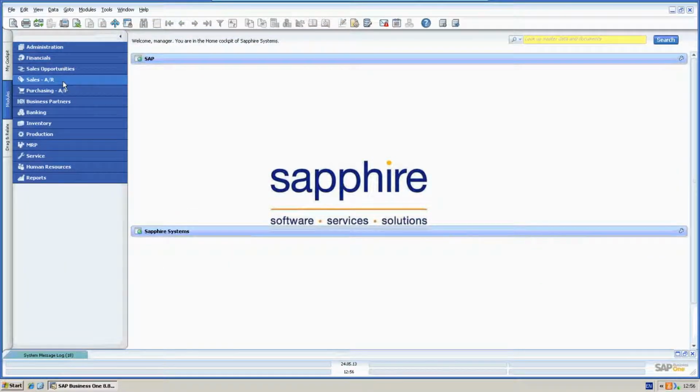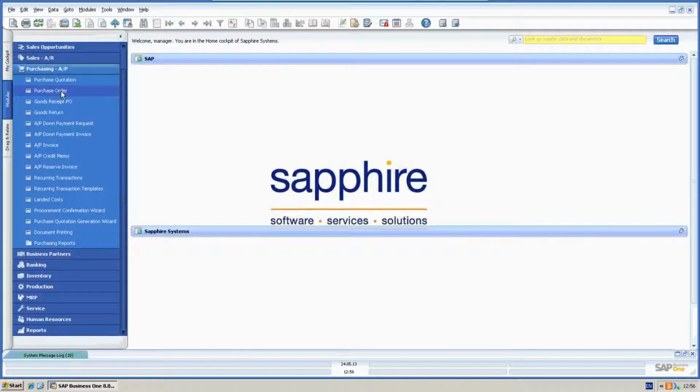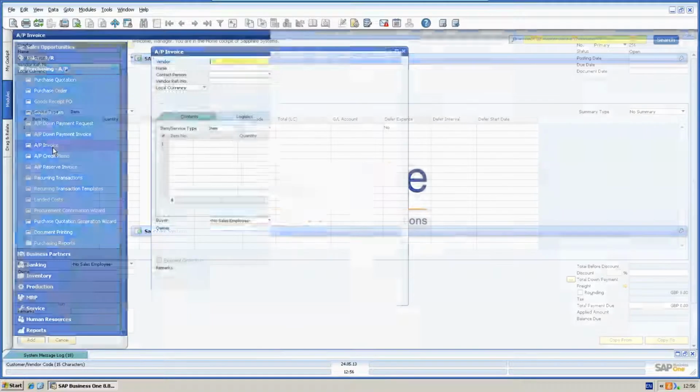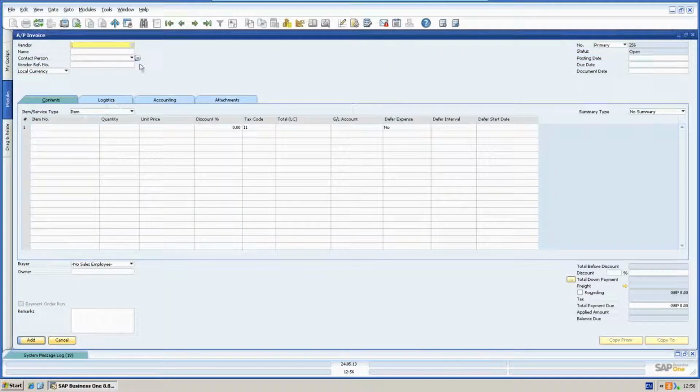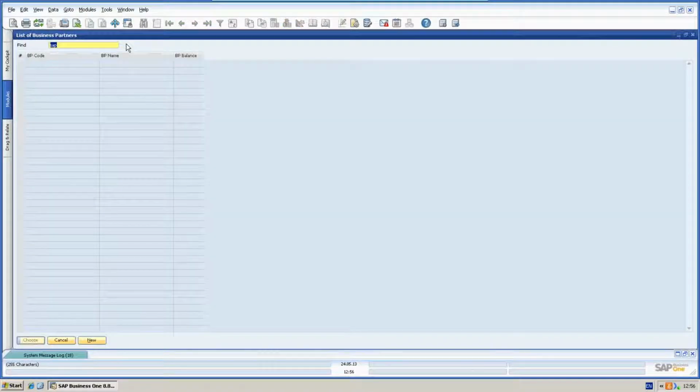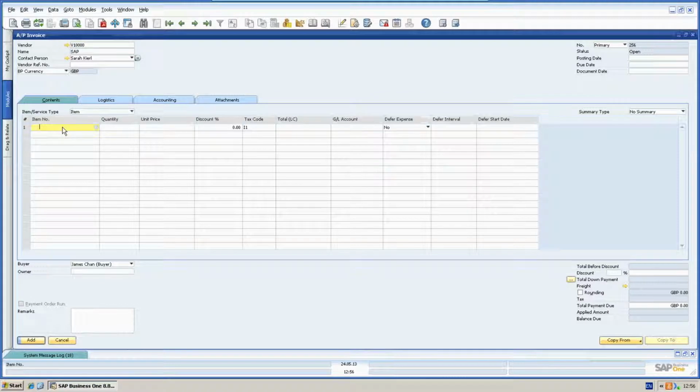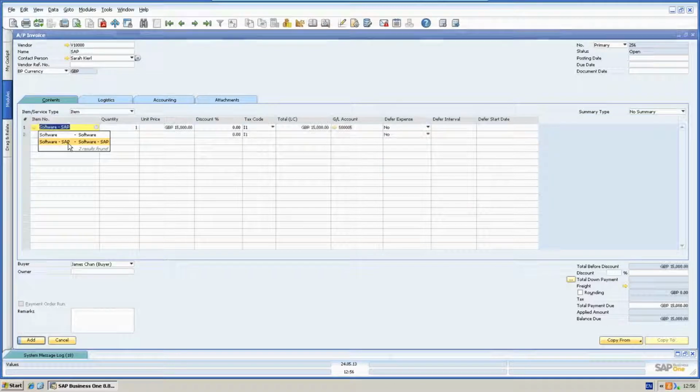As well as deferred revenue, I could also defer an expense. So under Purchasing AP, I'm going to open up an AP invoice, and I'm going to select a vendor or supplier called SAP, and I'm going to buy some software